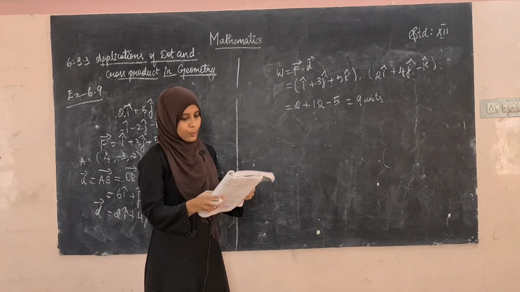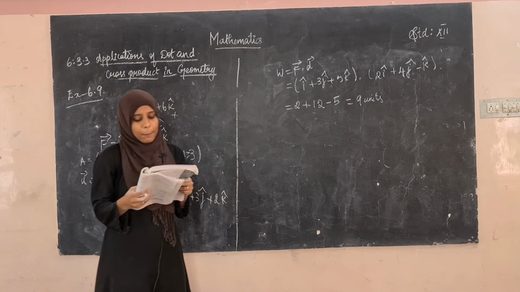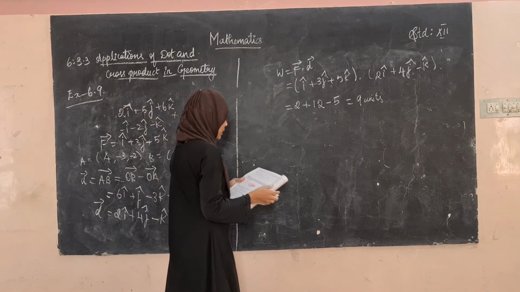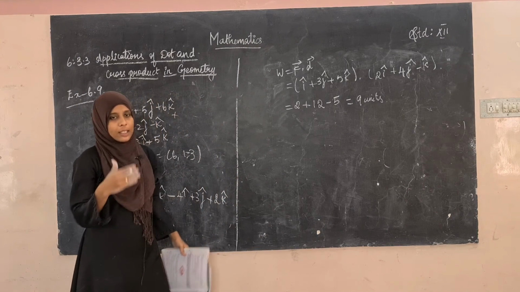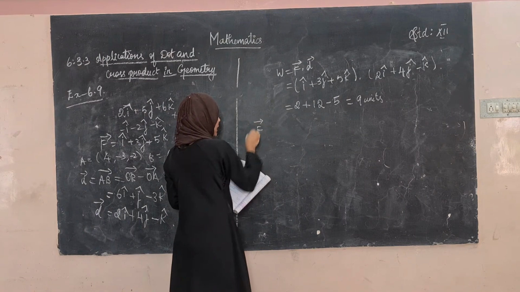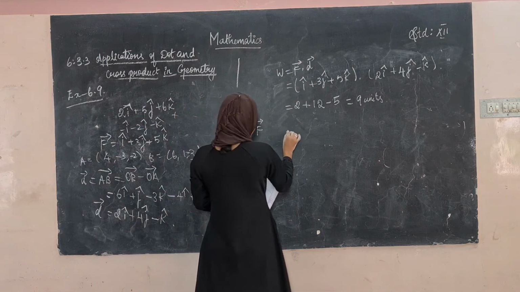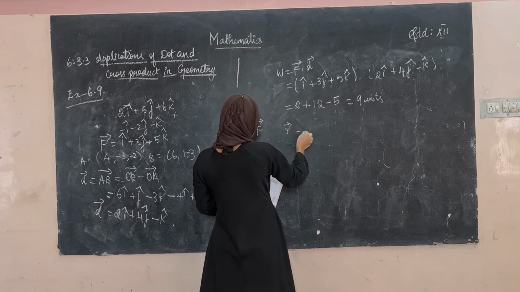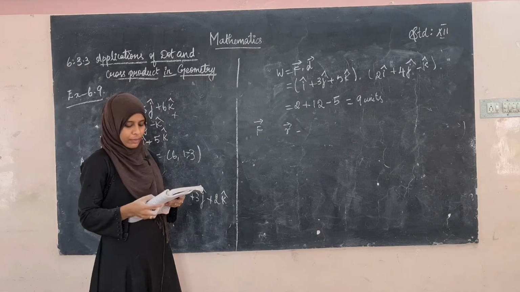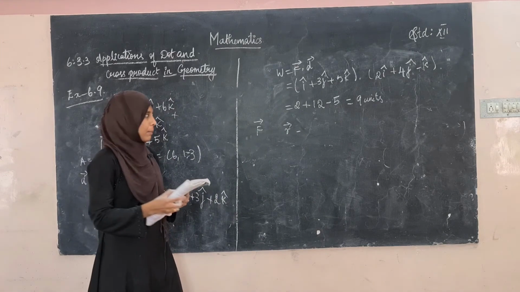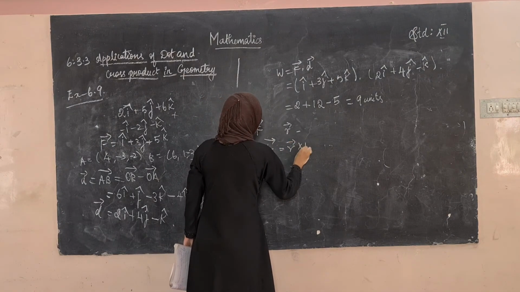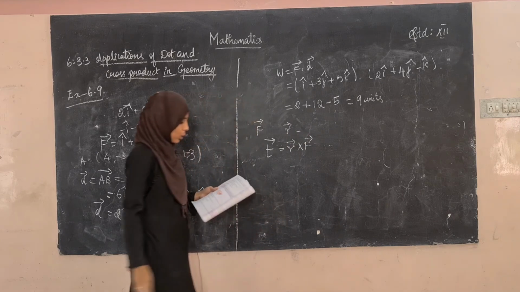Let us see the definition 6.3. If a force F vector is applied on a particle at a point with the position vector R vector, then the torque. So here we have seen work done, and here we are going to see about torque. In this torque, the vectors used are force, that is F vector, and then R vector. R vector is called the position vector. Then the torque of the moment is given by, torque is represented by T, R vector cross F vector.